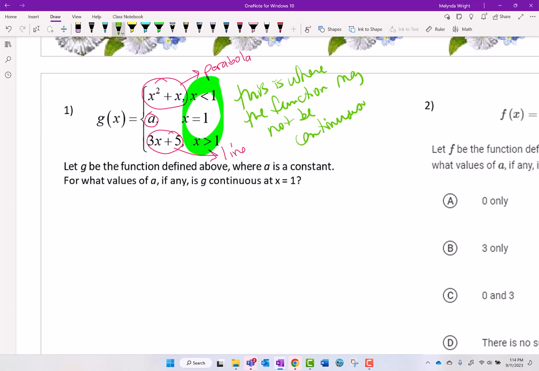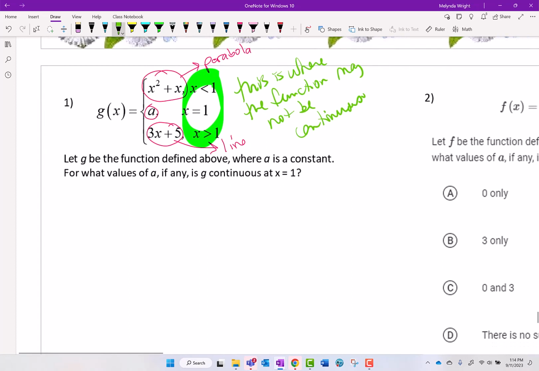Okay, that's where they connect together. So by themselves, they're okay. It's just where they connect together that we have to be careful. So what do we have to do? Well, what we have to do is take the different pieces. So for example,